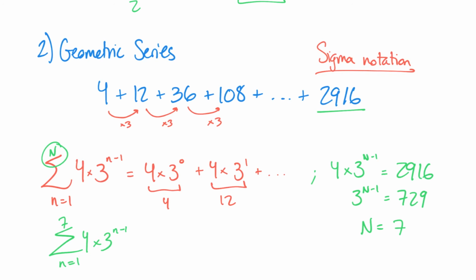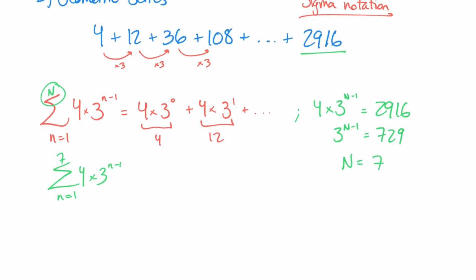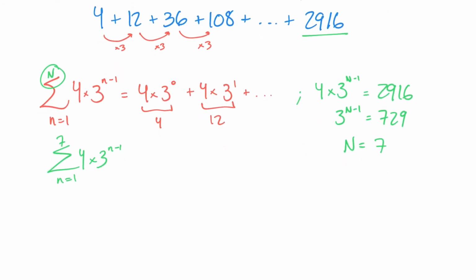But now, remember, we're adding numbers up, so we want to know what the end number is. Very simple. For geometric series, the formula we're going to use is S of n equals a1 times 1 minus r to the power of n, divided by 1 minus r,